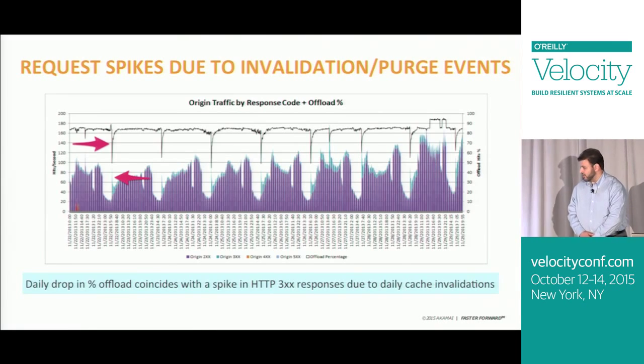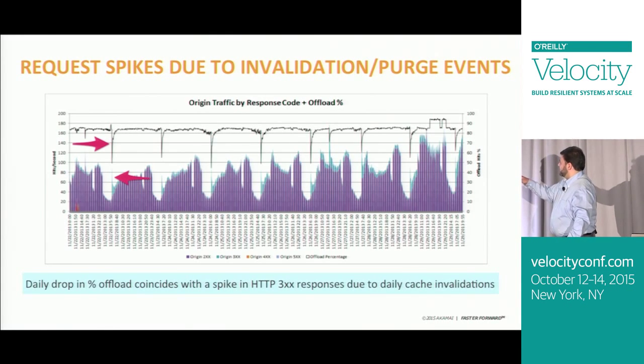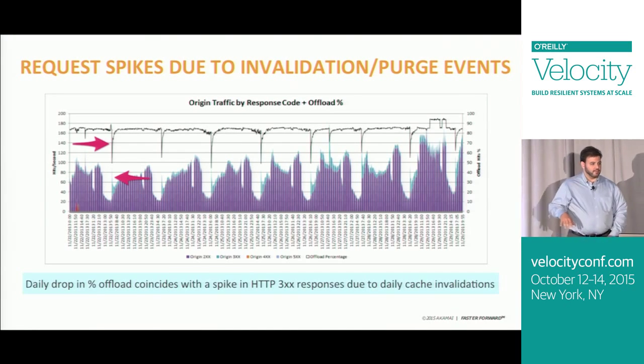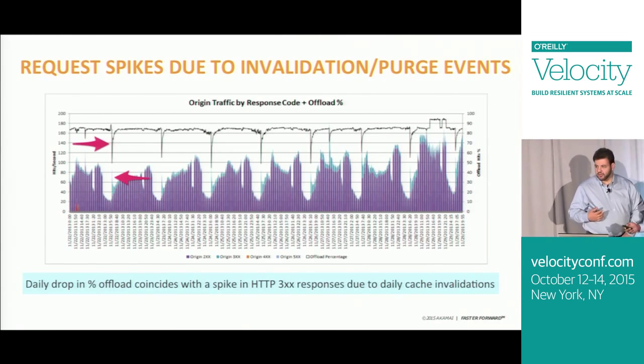Here's an example from a real customer where you can see here the top line, the black line along the top, is the offload percentage. So in this case, this particular customer was offloading 85% of their traffic. In the stacked area graph here, you can see the purple area is